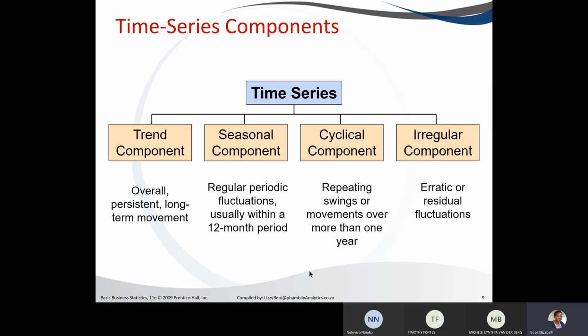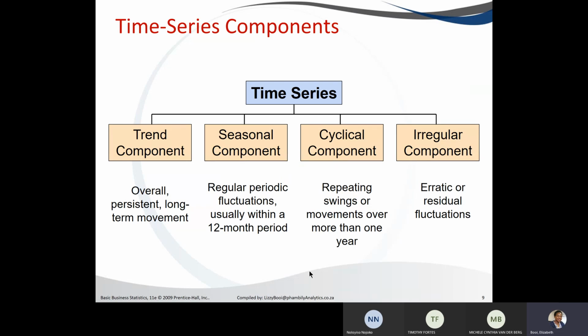Then we also have what we call the cyclical, which means this month it goes up, that month it goes down, next month it goes up. So the pattern is the same. You will see it goes up, down, up, down, like that. And we call them the repeating swings, because there is this up and down, up and down that is happening. Unlike with the seasonal, where it happens at a certain period. It might be that only in winter you see the highest peak, and then the rest of the period, for example with the winter clothes, they stay the same. With cyclical, it will be like